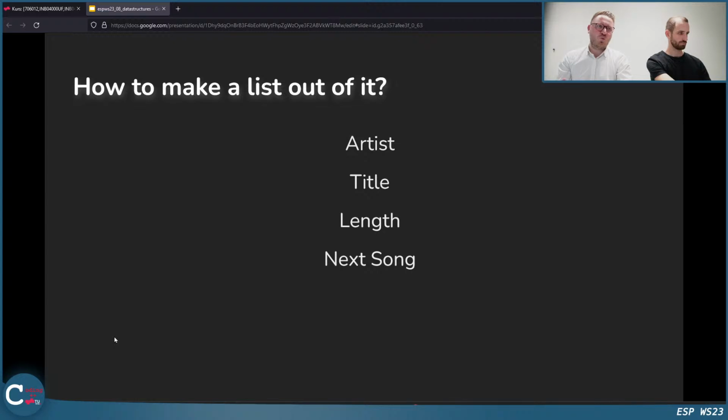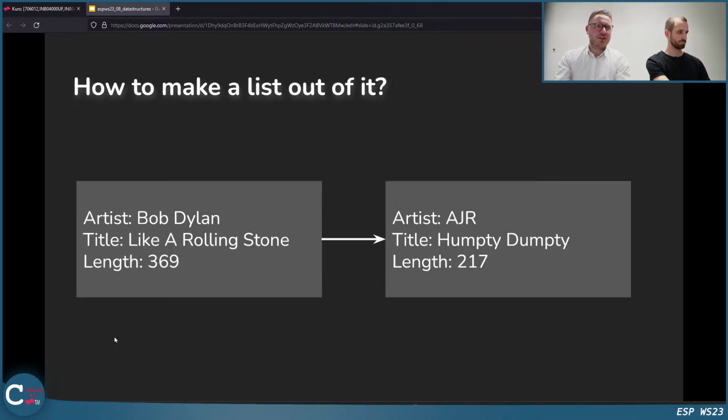And so we add one additional thing to our struct. We add the next song. And this would look like that. So we have artist, title, length, and then we link, and this is why it's called linked list, to the next element, to the next song.